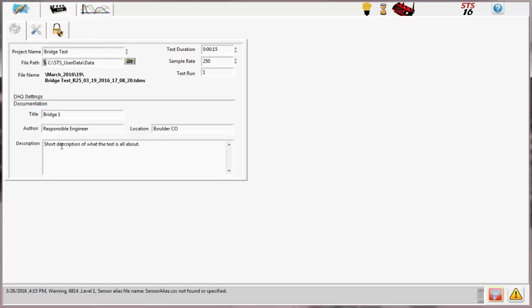Now, as you notice, all the settings and documentation information have gone back to their defaults. So you can save, if you like, you can run in this bridge test the default and update these. But every time you change projects, all the information will be set back to its last state. So the last time you saved it in that project will be saved here. So that's the convenience of projects, is you get to save your information for each project. And when you